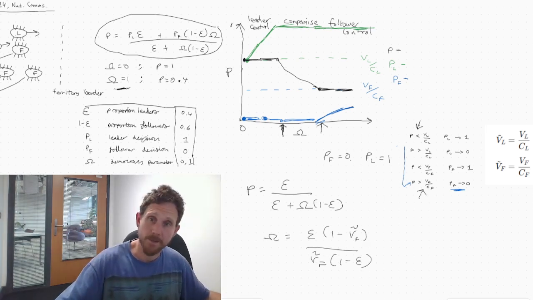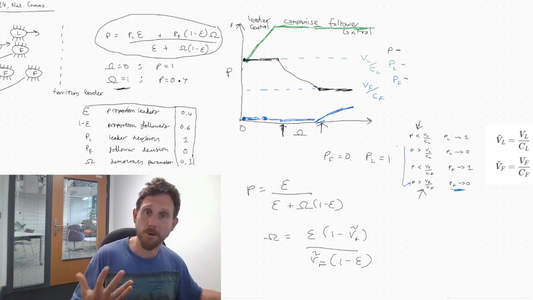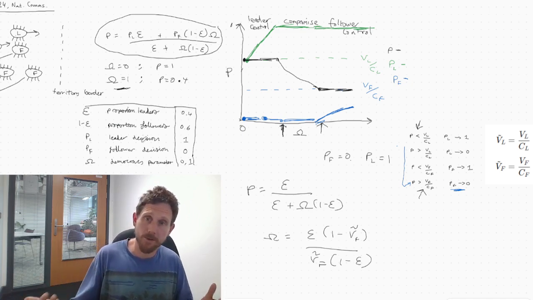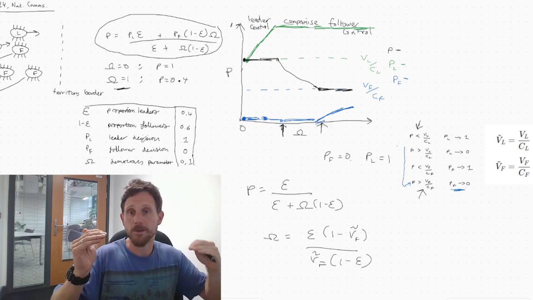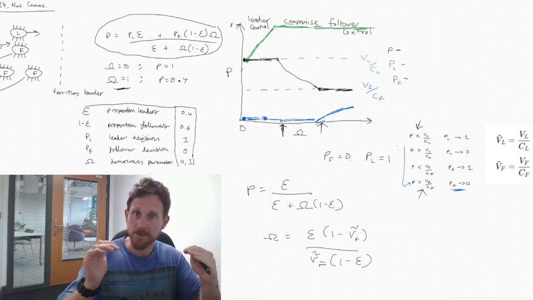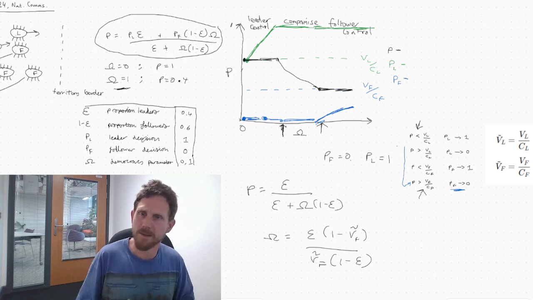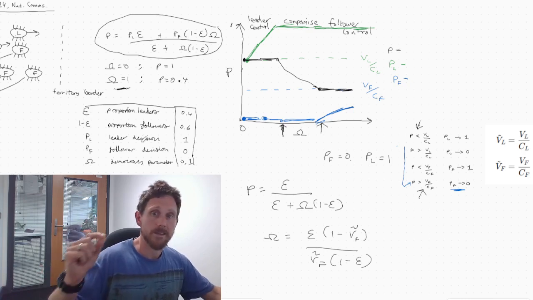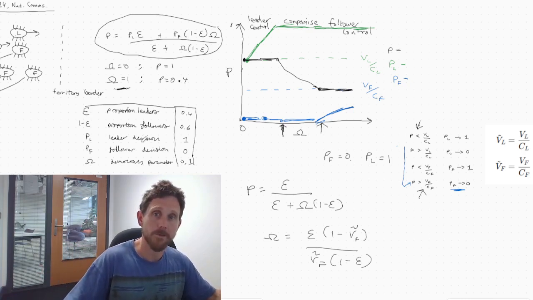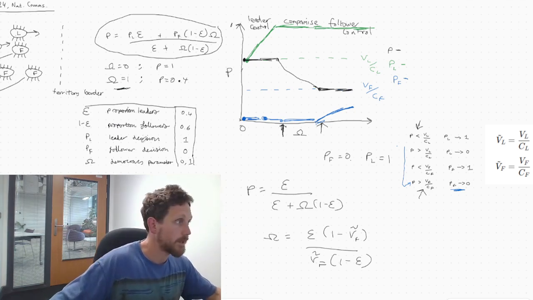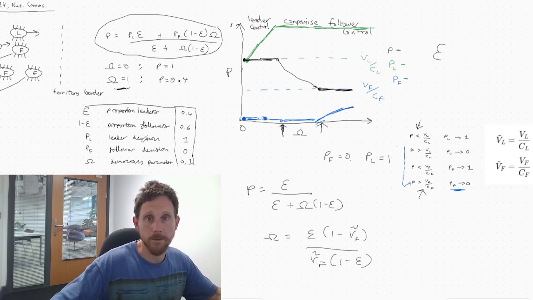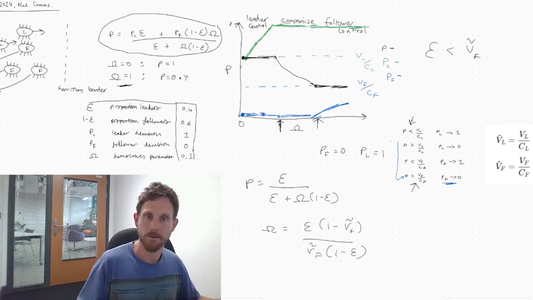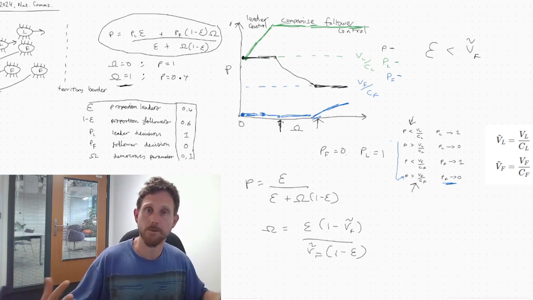Now, perhaps this is surprising. This was certainly surprising to us, that the followers could ever get complete control of the collective decision. If you remember, democracy just made follower votes equal to leader votes, not above. So how did followers ever possibly get complete control? The trick is that this kind of plot, with a follower control phase, actually needs the condition that the proportion of leaders, epsilon, is less than V tilde F. So that's the cost-benefit ratio for the followers.